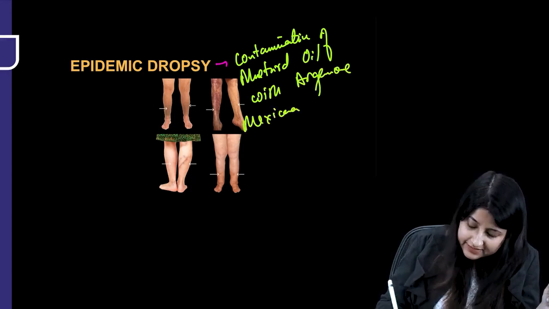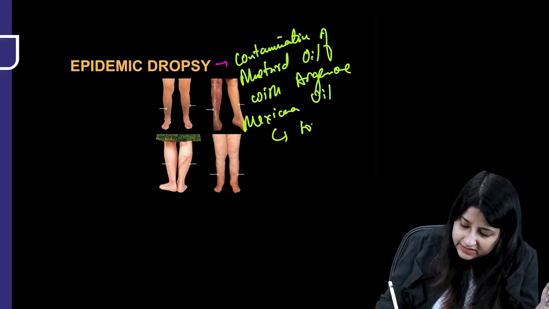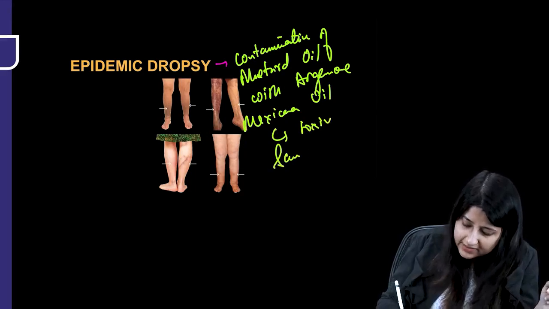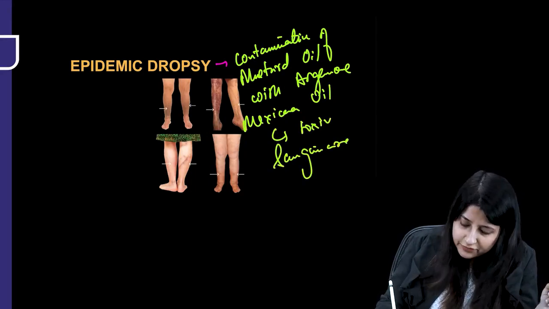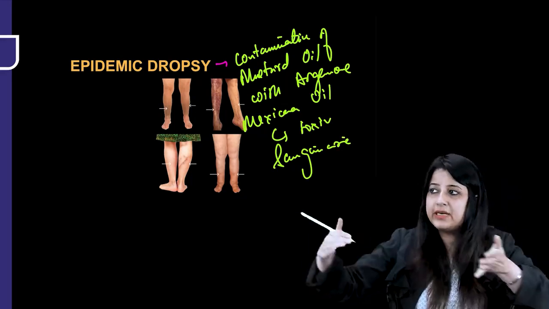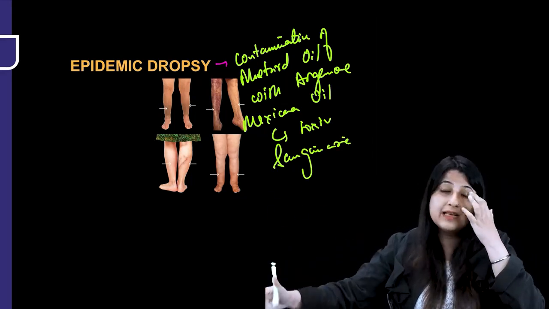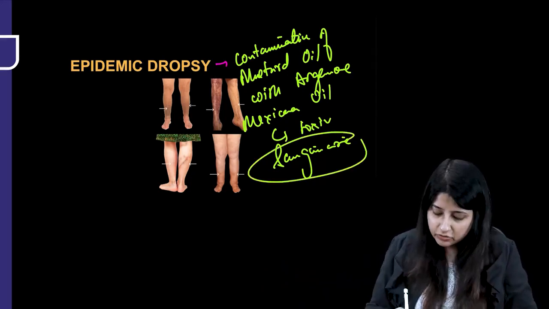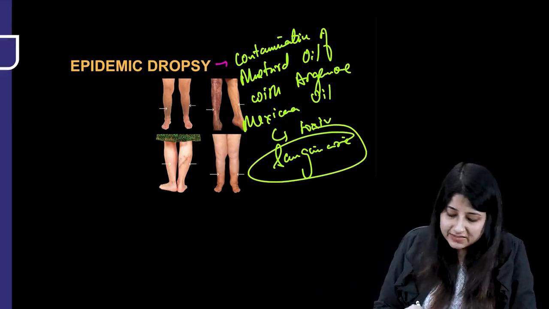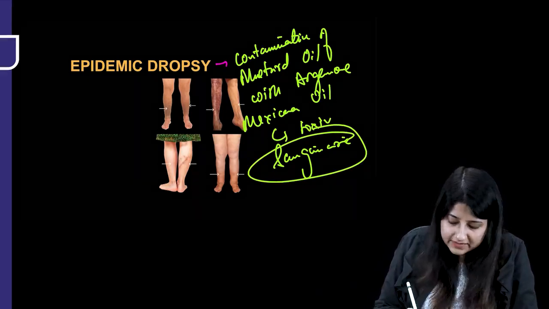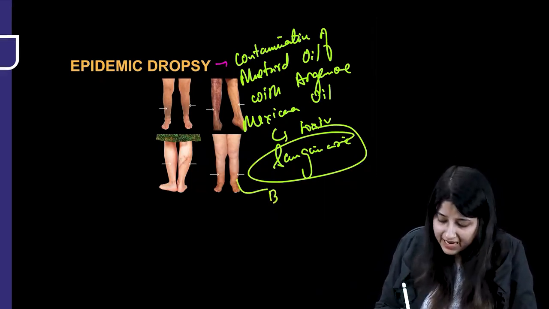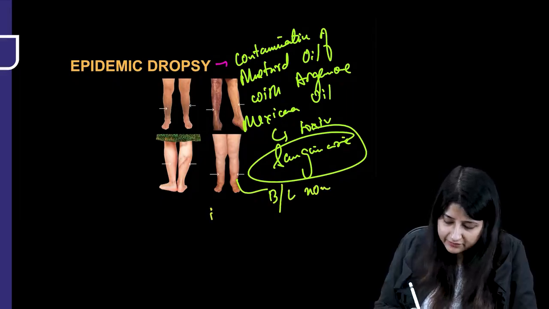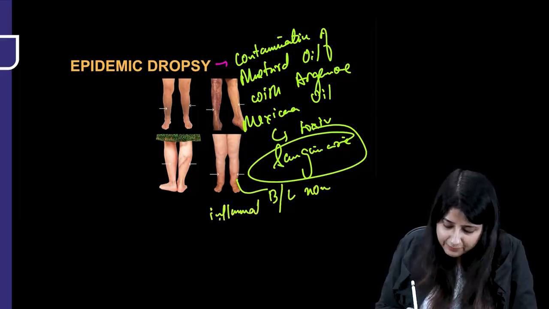Okay, Argemone mexicana oil. In this, the toxin present is sanguinarine. Now, if you've seen mustard fields are yellow, just close to that, you can see some weeds of Argemone mexicana grow, and they contain the toxin sanguinarine. Now, what happens in this? Can you see? This is what? Non-inflammatory bilateral edema, okay, non-inflammatory, very, very important, bilateral non-inflammatory edema.